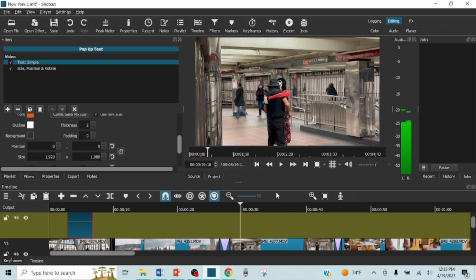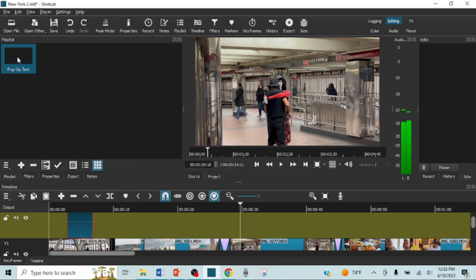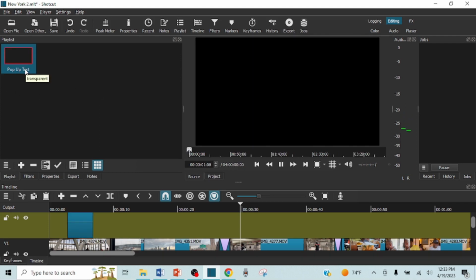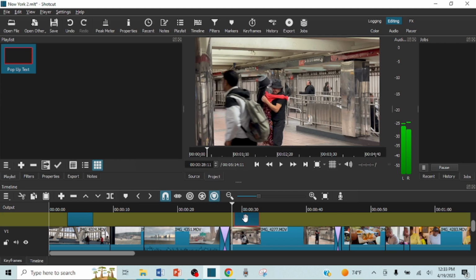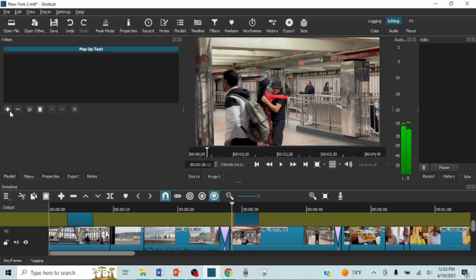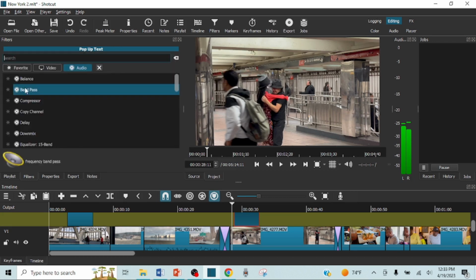Okay, I want to add more text here, so we're going to click playlist, double click on the pop-up text and drag it down on top of your playlist. You want to position it where you want it to be. Click on it. Then go to filters, plus sign,